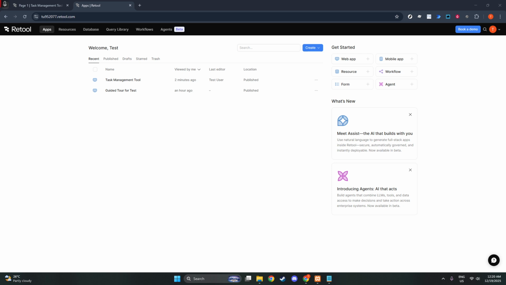First, from your Retool dashboard, open the Resources section. You'll typically find it in the main navigation. This is the central place where you connect Retool to anything you want to query, whether that's an API, a database, or another service. Think of a resource as the reusable connection that your apps and queries will rely on